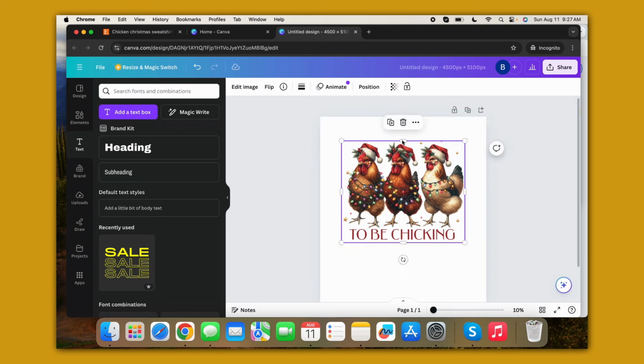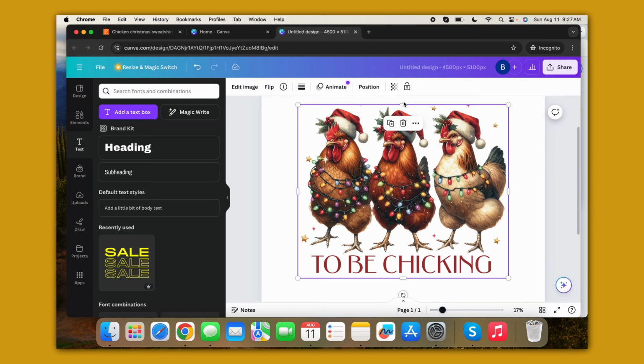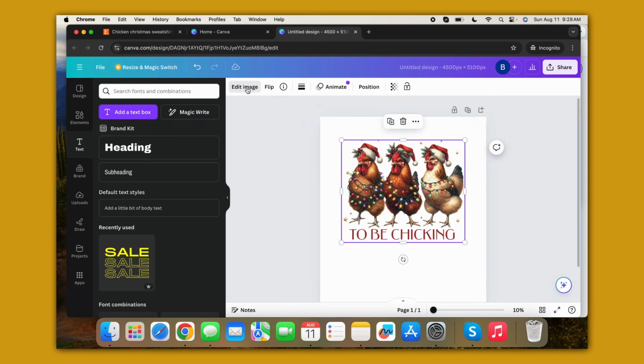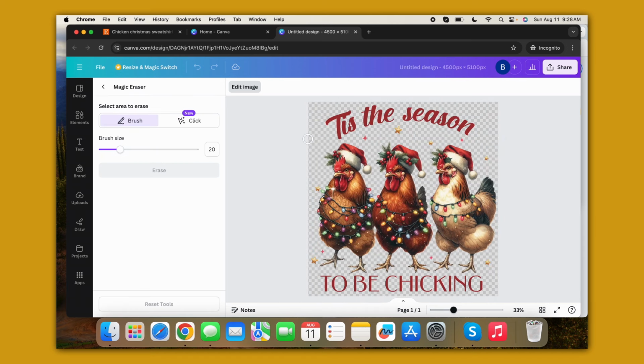I might have to still use the magic eraser. I was trying to see if I didn't have to, but maybe I do. So the way that I'll do it is I'll show you guys real quick. I just go here, I go to magic eraser, and you just literally do this. Of course, you want to be real careful that you don't accidentally erase something else that you didn't want to erase, but I'm fine erasing some of these stars right here,